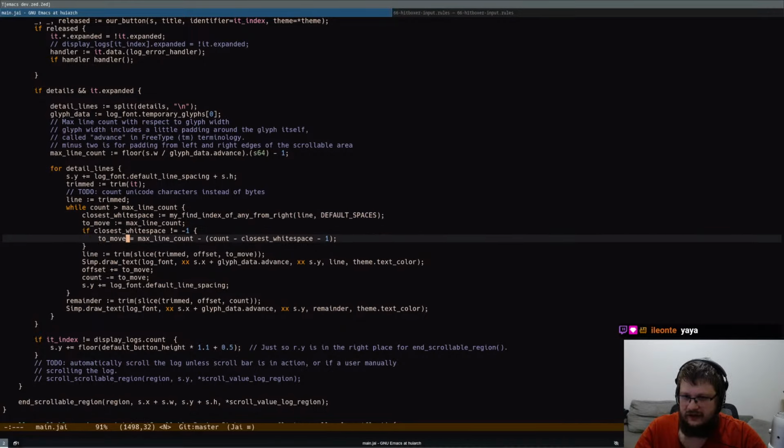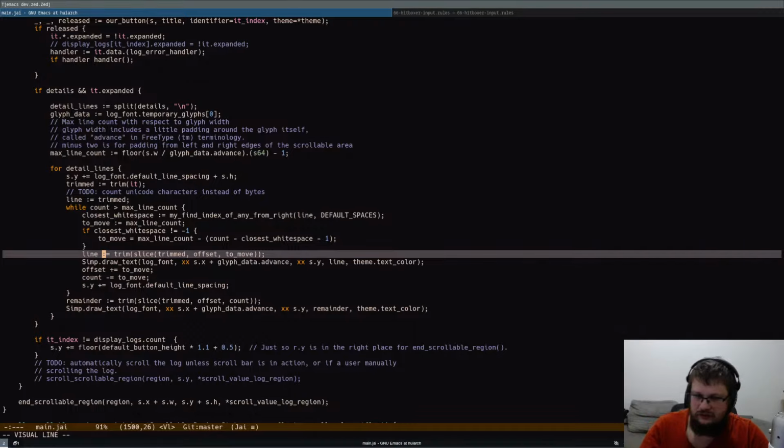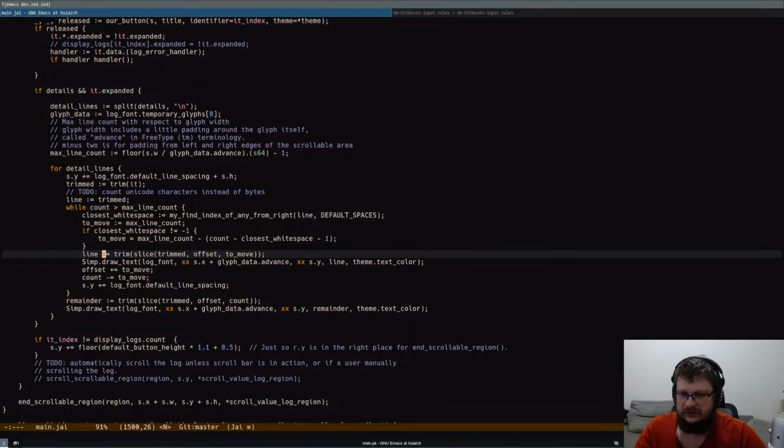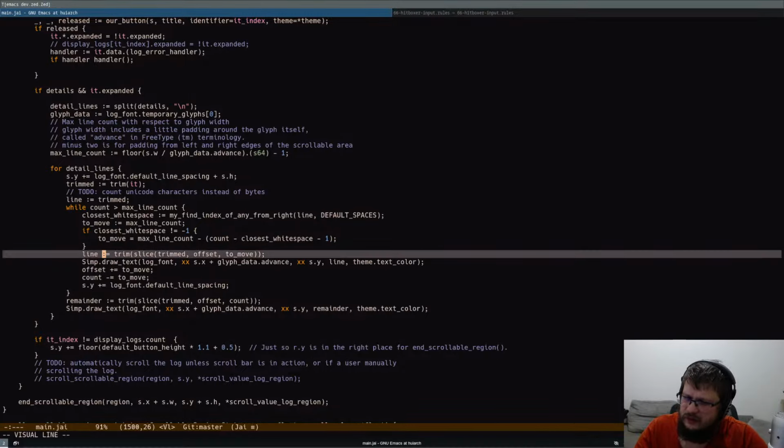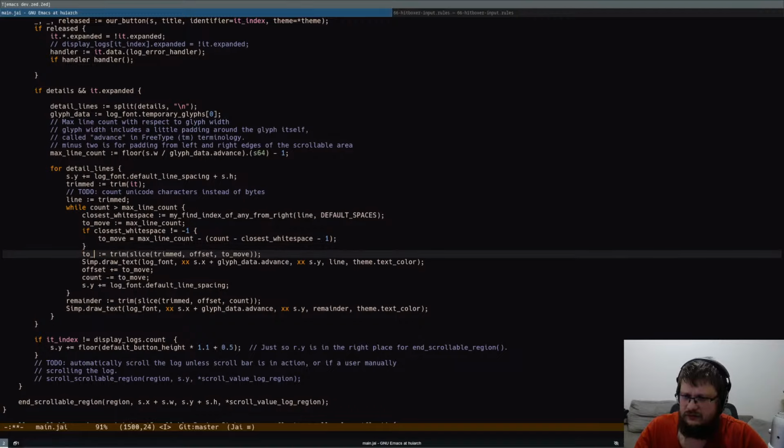To move, I have this, and then line. I don't do that. I just literally do... do I do it here? Do I do math here? No, it's like to draw